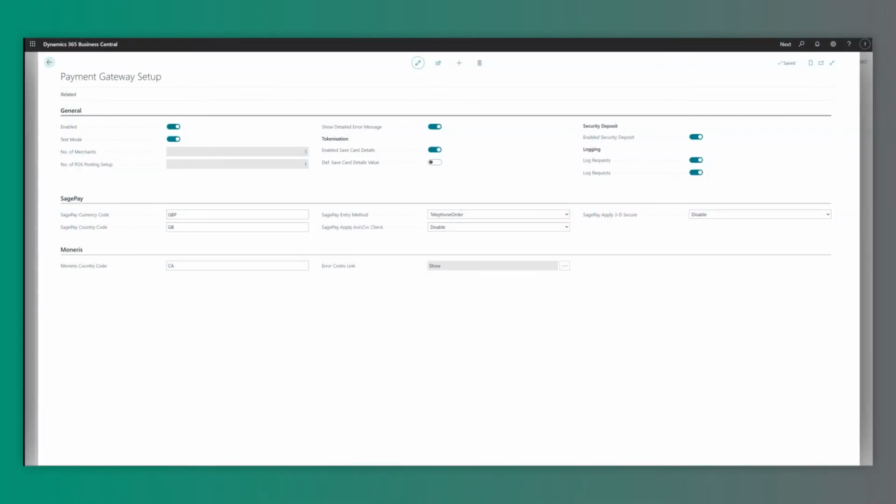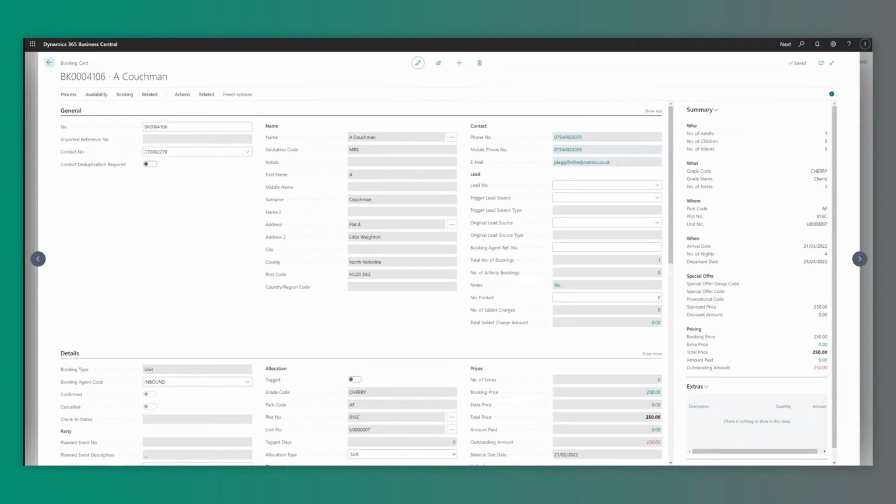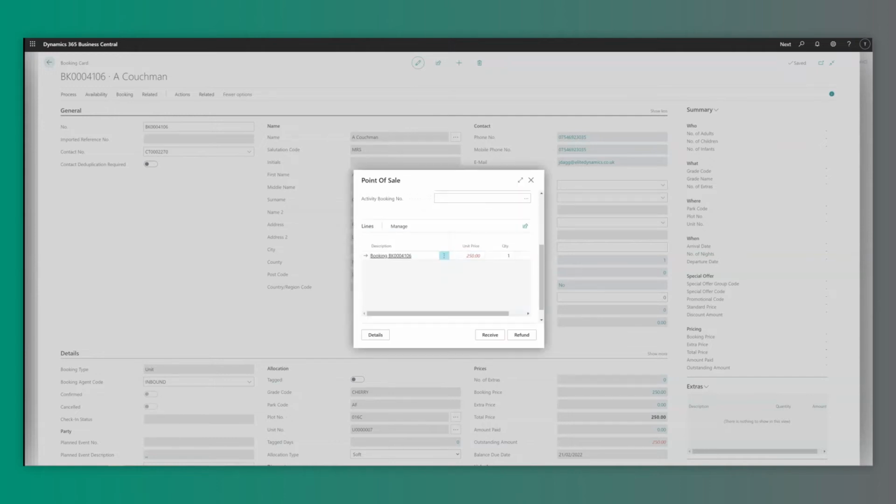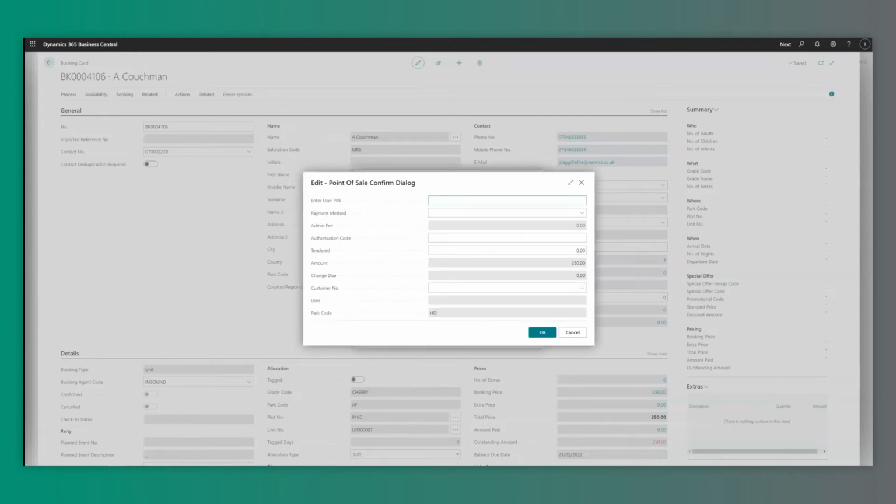SagePay tokenization process. From within the payment gateway setup, you now have under tokenization the ability to enable safeguard details. Flagging this on will give you the ability to tokenize card details for customers. From the booking card, if we head to process to complete our point of sale, and we select the payment method of SagePay,